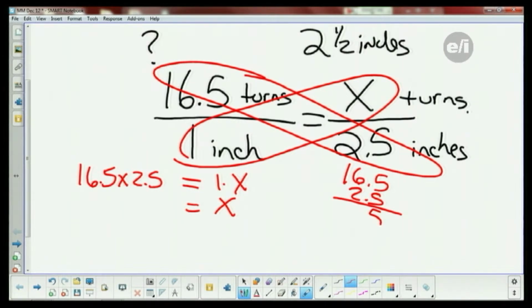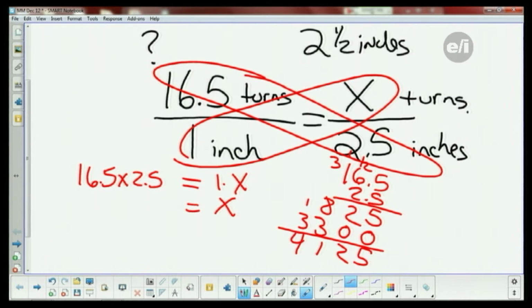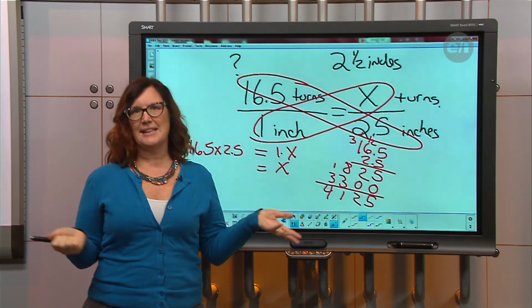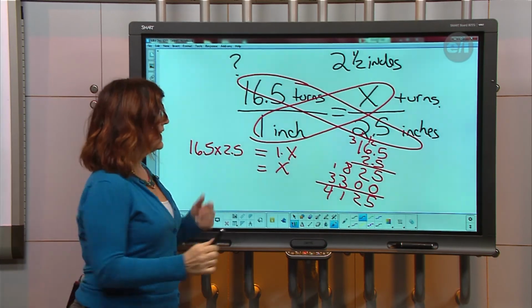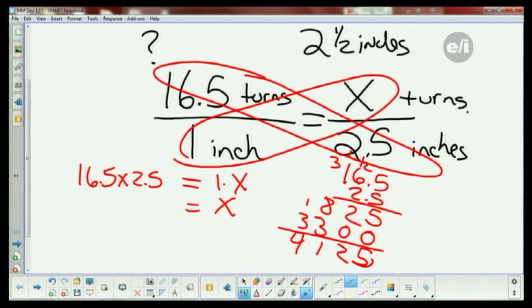5 times 5 is 25. I'm going to carry the 2. 30 plus 2 is 32. Carry the 3. 1 times 5 is 5 plus 3 is 8. I'm going to use my placeholder. 2 times 5 is 10. Carry the 1. 13, carry the 1, and the 3. I bring them all down, and I get 4,125. Remembering that doesn't even make sense, that would be 4,125. Oh, this is a decimal problem. It's 2 spaces over. So it's going to be 41.25 is x.